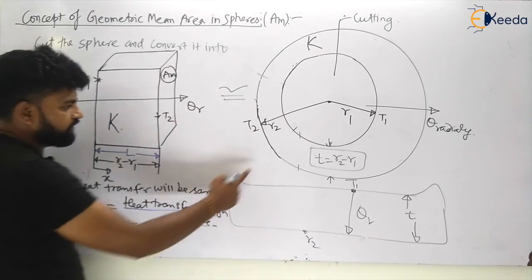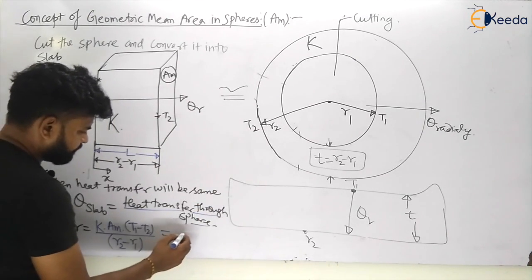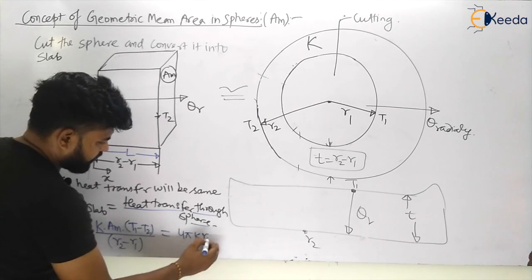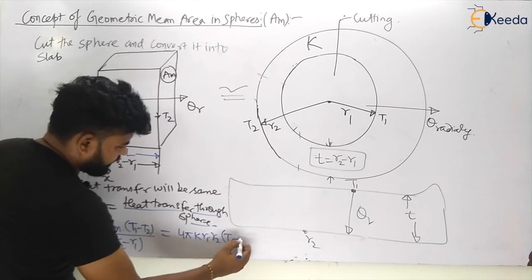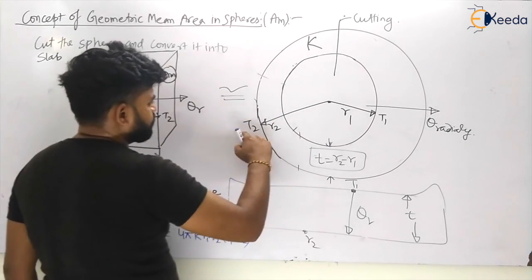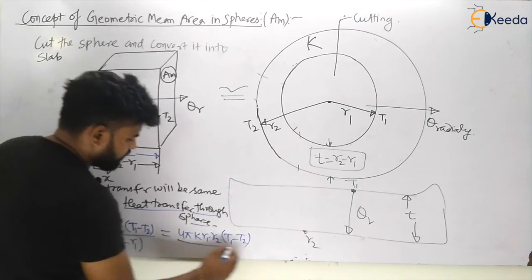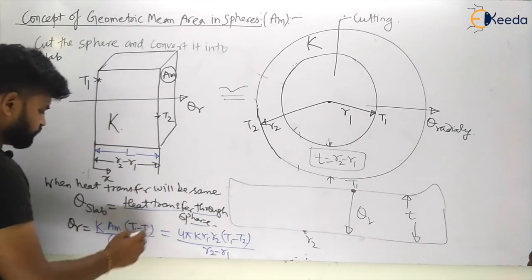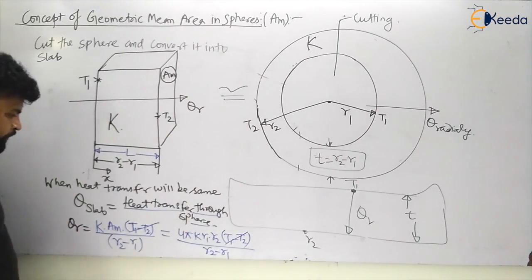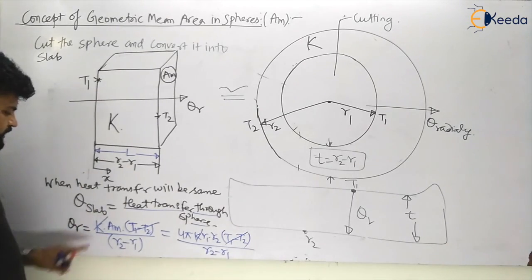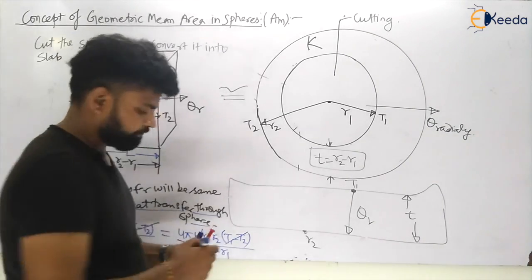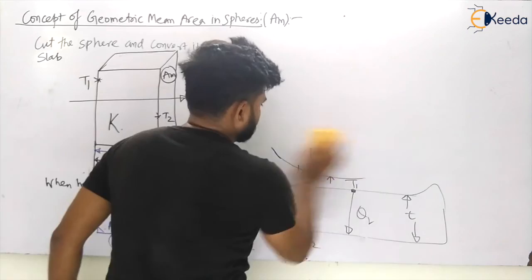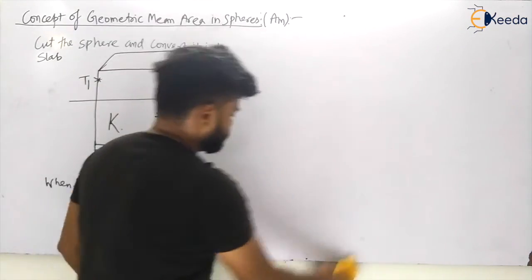Okay. And heat transfer through the sphere. What will be the heat transfer through sphere in this case? This will be your 4 pi k R1 R2 T1 minus T2, higher minus lower temperature, T1 higher, T2 lower, so there will not be any negative sign, divided by R2 minus R1. So I am comparing in both the situations. So T1 and T1 will go. Okay. Now K and K will go. So let us see what will be the AM. What will be the AM? Let us see. So my dear students, AM will become equal to.